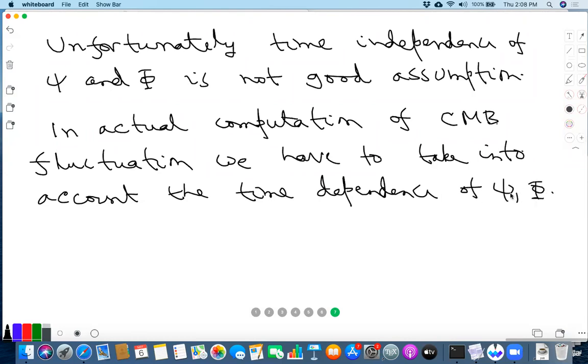So that will just add to, so to first order, every such correction adds, right? Whatever extra effect you get due to time dependence of psi and phi will just add to whatever you have already found. But this has to be done. And when you actually compute the CMB spectrum, we do take into account the time dependence of psi and phi. And this can be done because we have the equations. It's just that we have to analyze them more carefully, which I'm not going to do in this course, but this is what is done when you actually make a prediction of what the observed CMB spectrum should be for a given model.